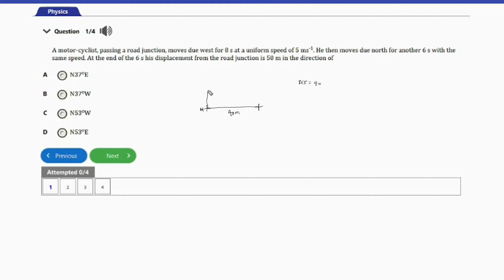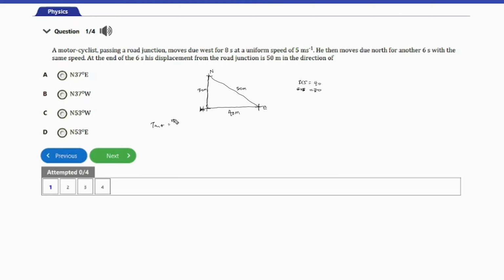And then he moved again for 6 seconds due north, but at the same speed. So that's 5 meters per second times 6, that's 30 meters. If we complete this into a right angle, it will be in this format. Then we have the displacement to be 50 meters. In order for us to get the direction of the displacement and the angle as well, we are going to use that